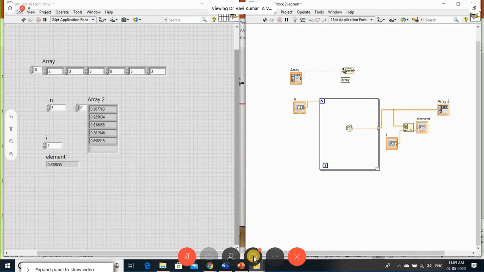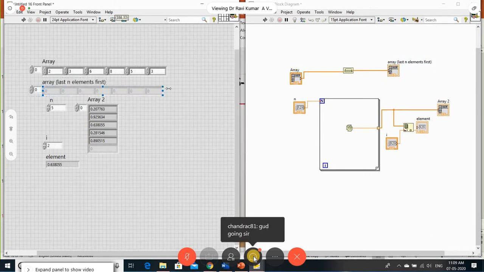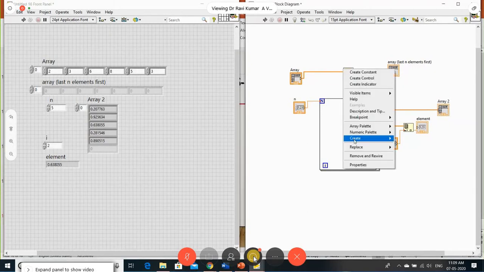I connect it to this array. So I create an indicator. This is the array. So how many times do you want to rotate? Normally these are right rotations. So just creating a constant.